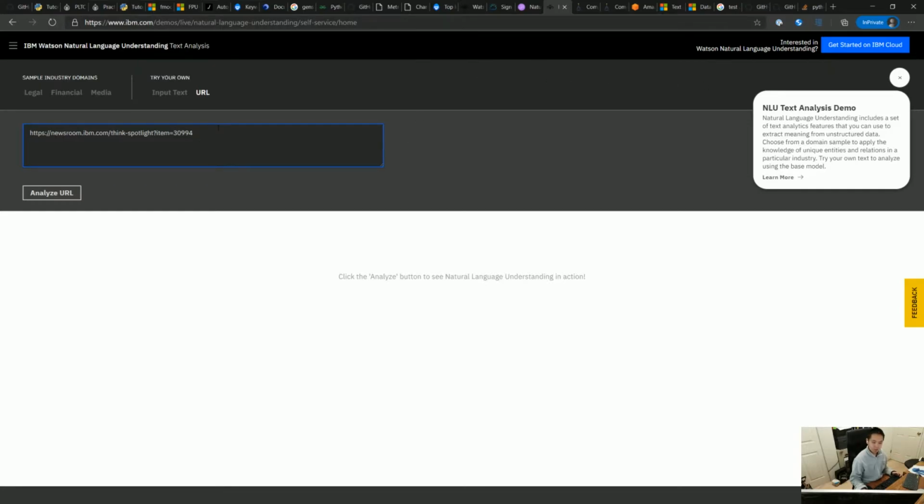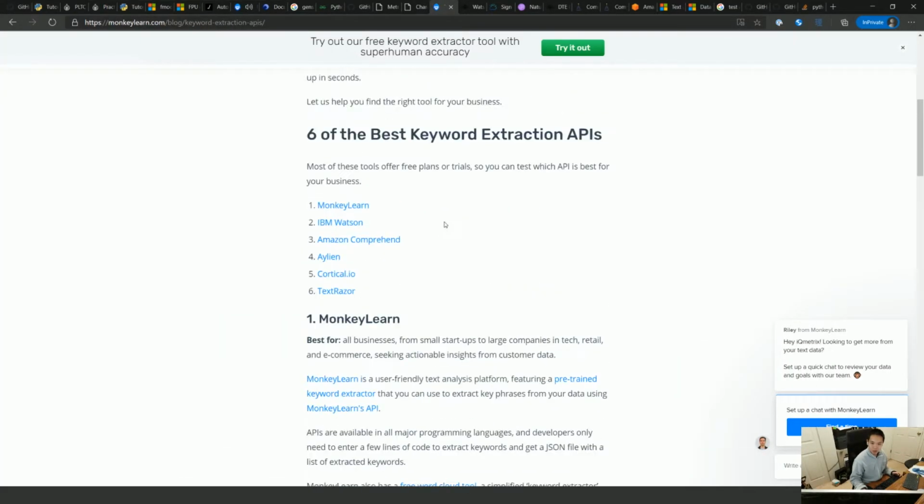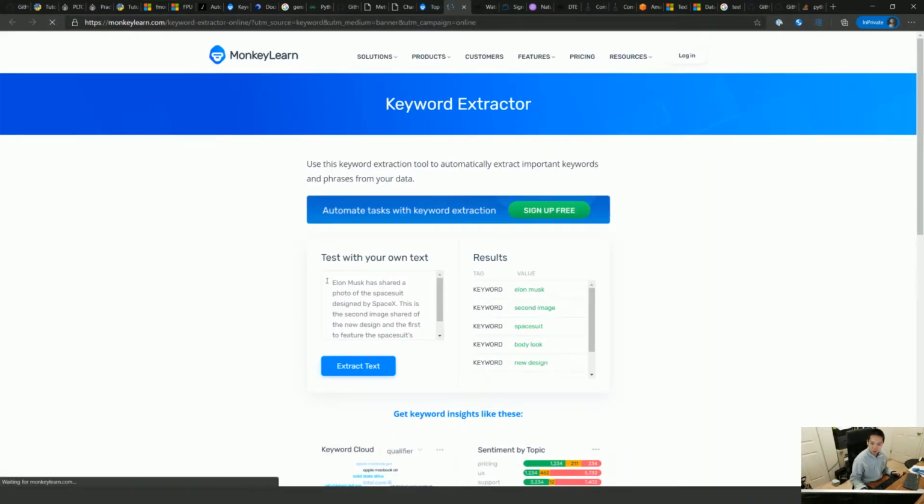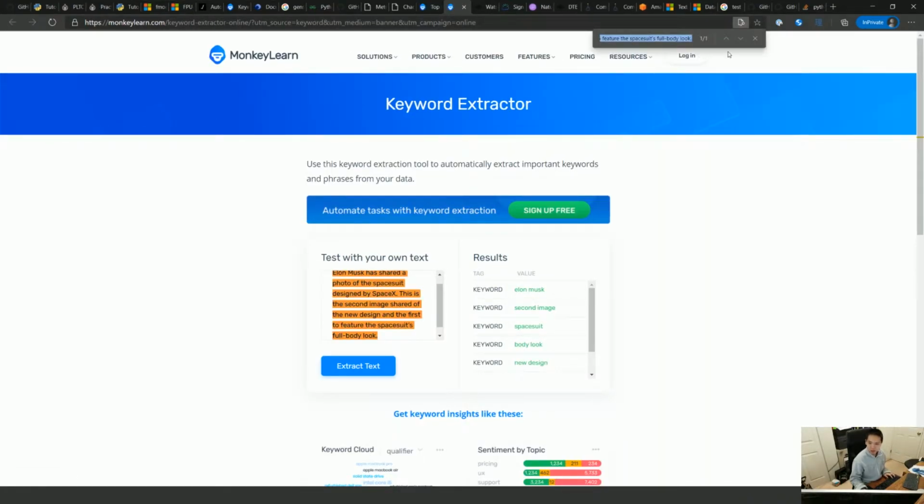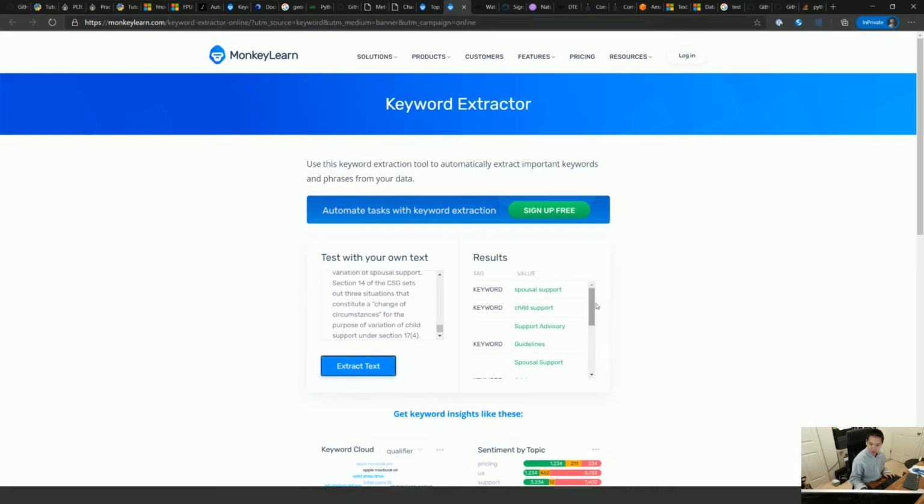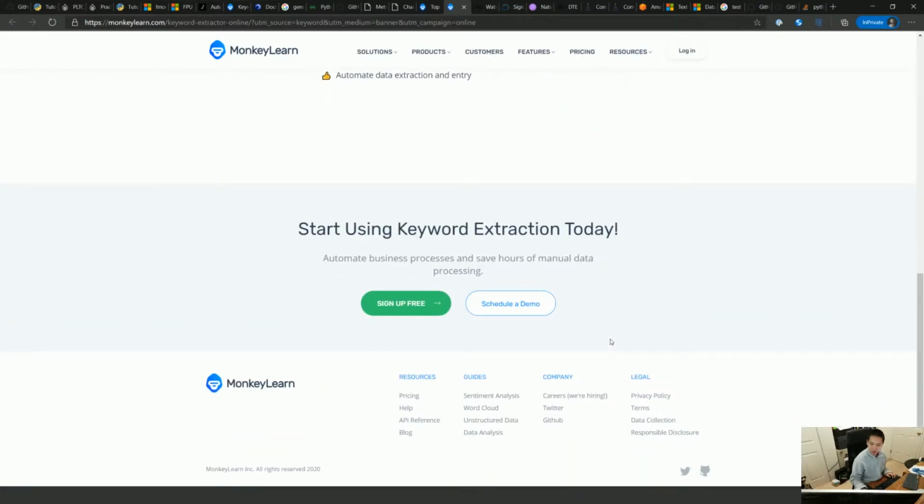So this is probably the one I'm going to settle on. The other one that I thought was Monkey Learn. I haven't heard of this one before, but it too has a pretty decent result. So yeah, similar to IBM Watson. Spousal support, child support. I just haven't heard of them, and